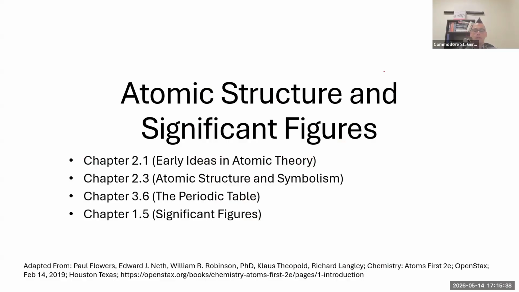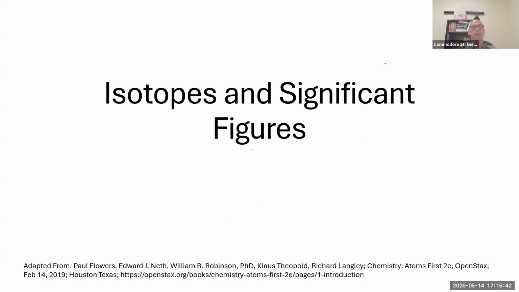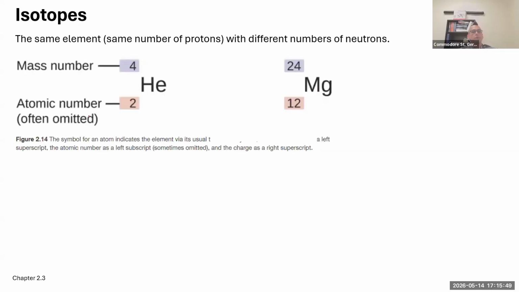All right. So again, we're still on atomic structure and significant figures, but this specific topic is going to be isotopes and significant figures. Okay. So we talked about mass numbers. We talked about the symbols. We talked about the atomic number. Well, this is a kind of configuration or symbols that'll give you